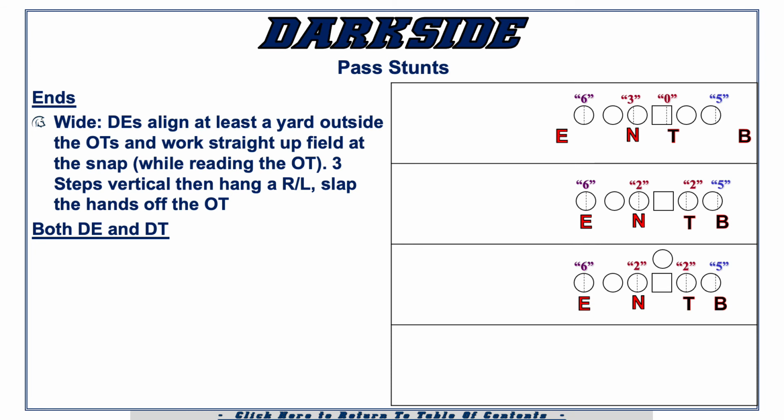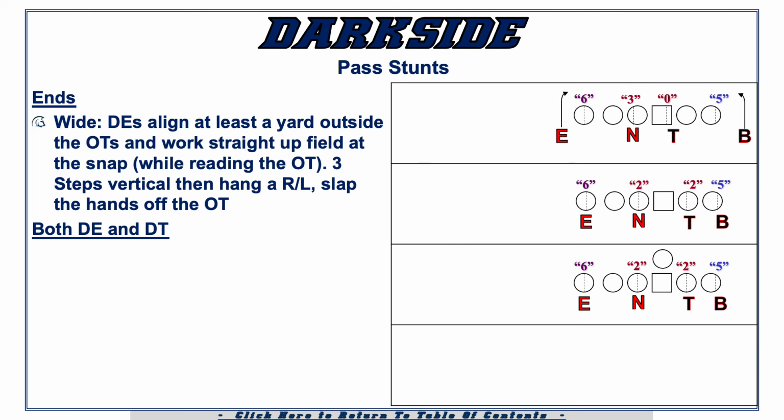Sometimes teams are really predictable on sprint outs, like 3rd and long, they're going to call sprint out flood. This allows us to get on the edge and contain the quarterback and keep him from his launch point. Basically, it's this. You're working 3 fields upfield, and then when that tackle gets ready to punch, you are going to slap his hands off of his body. The goal is to take them off. There's very few offensive linemen in high school that can have their hands knocked down and then recover from it, so that is our ultimate goal.